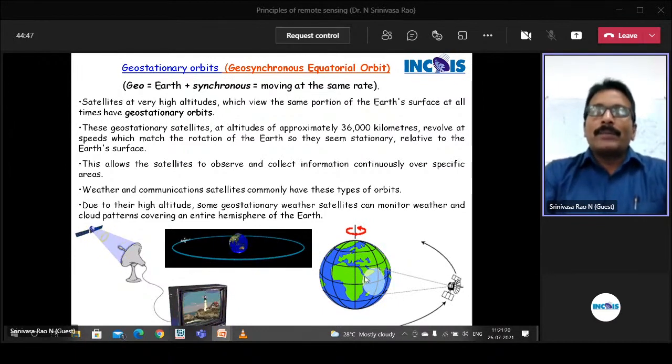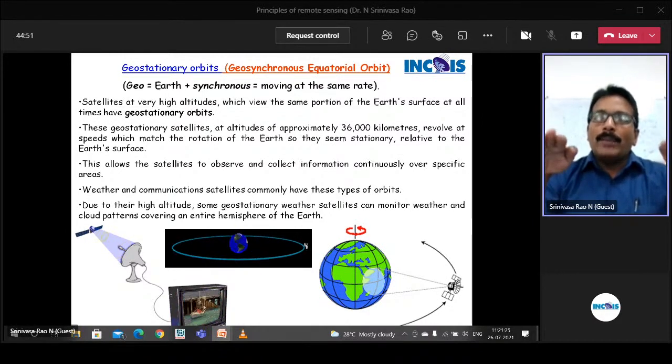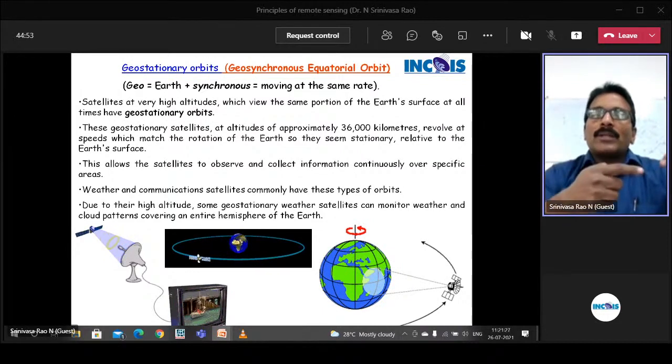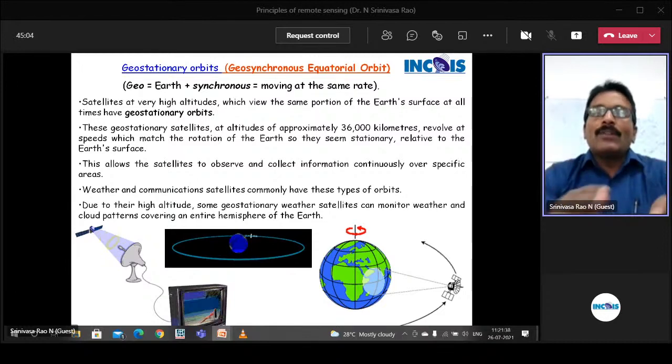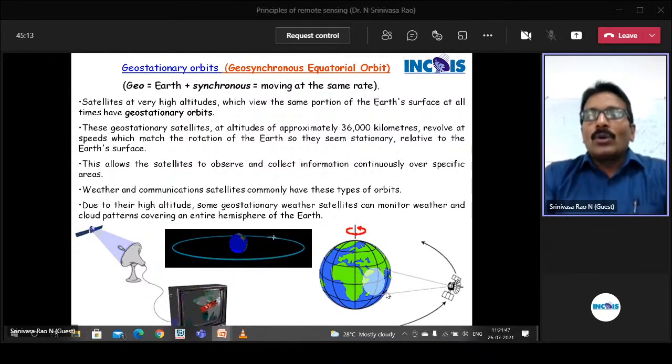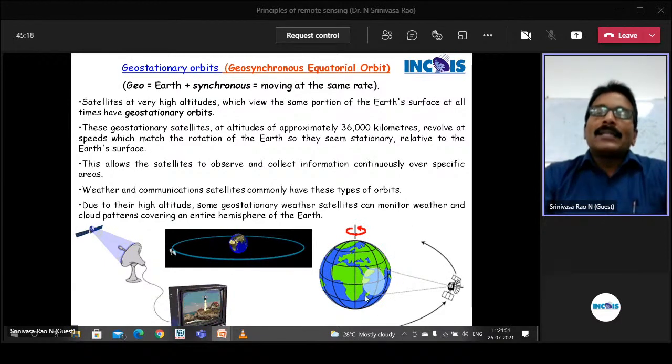How it is possible, I will give you a real-world example. If two buses are moving parallel with the same speed, we see the person opposite seeing us. We feel we are not moving at all. We feel both are stationary. But in the real world, two buses are moving at the same speed. A similar concept works here. At a particular height, if you see through the sensor, we feel Earth is not moving at all, but physically it is moving. So once these two speeds are equal,